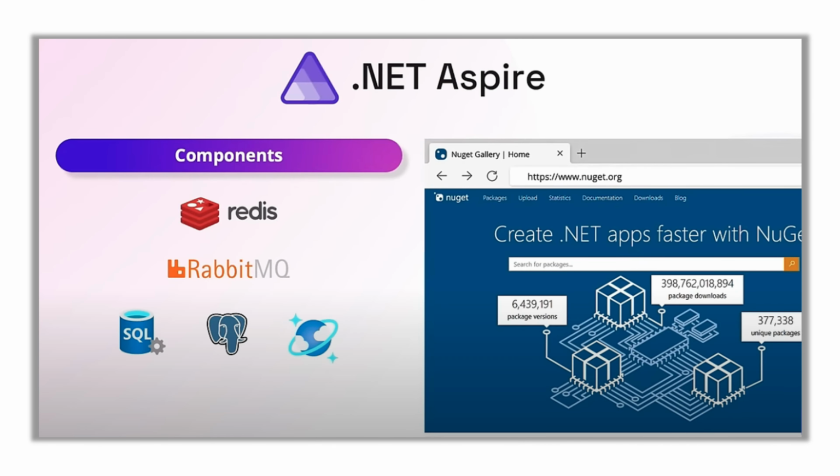But there are components available out there that are optimized for collaborating and working with Aspire. Things like RabbitMQ, Redis Cache, SQL Server, Postgres, Cosmos DB, that will help you connect in and run those services locally as a developer in a test scenario, so that you can interact with them and not run into any issues standing up and knocking down test services in some sort of test environment or production environment.